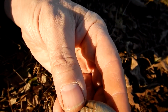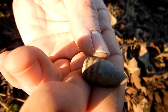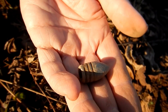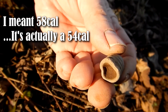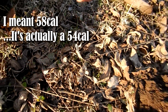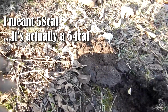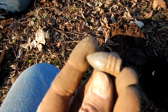And it was way too shallow, because we've been over this area 100 times. It's the right width. I mean, that's 38 caliber. It's obviously a bullet, but it could be a repro. It could be a repro. It might be real though. How did we miss it? I don't know how we missed it. I mean, it was right there. Might have been some kids. Look, this is my Civil War bullet. I don't know. Yeah, it could be a...